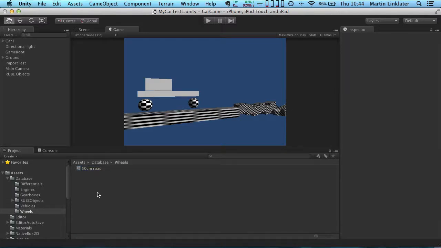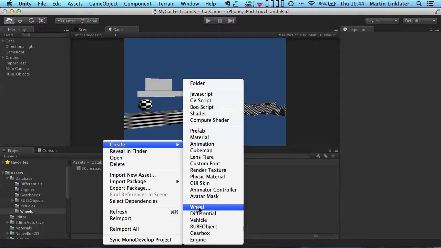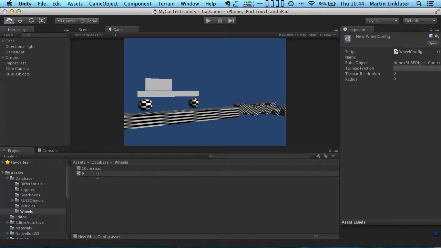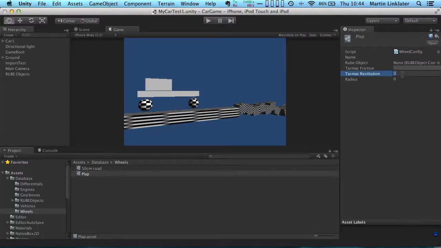Now if I want to create a new kind of wheel to be included in the game, I can do create, and then you see these custom types. I can do create a new wheel. I'll call that a plap wheel, and you know, you can fill in the values for this, do whatever you want. But then